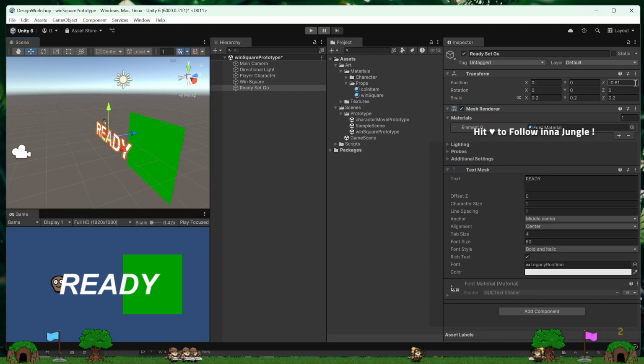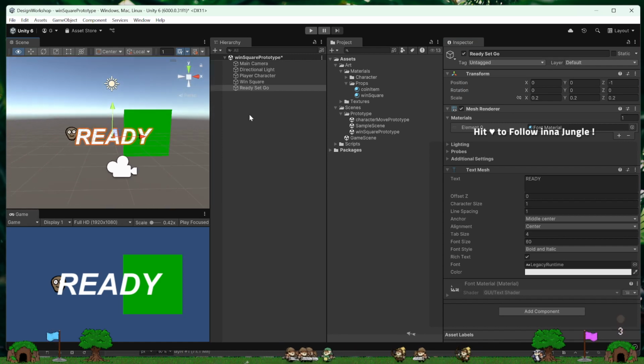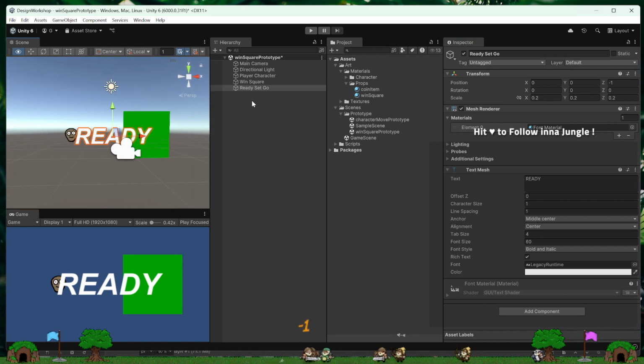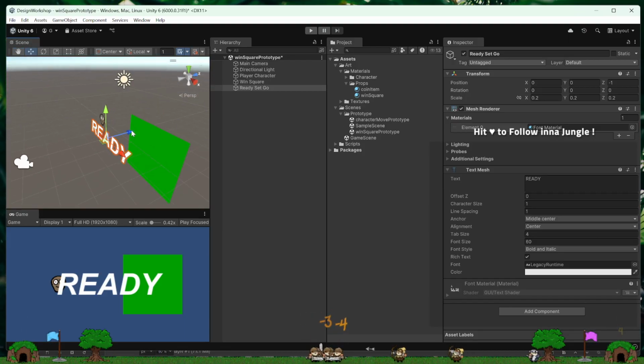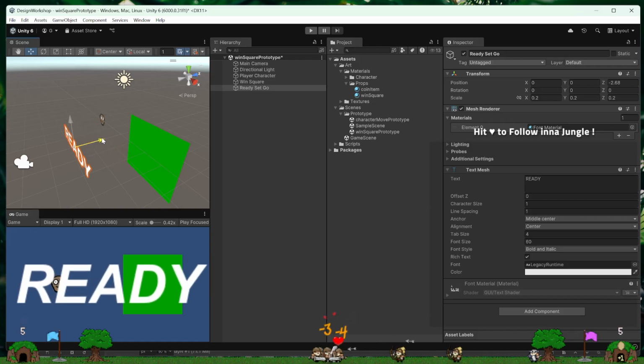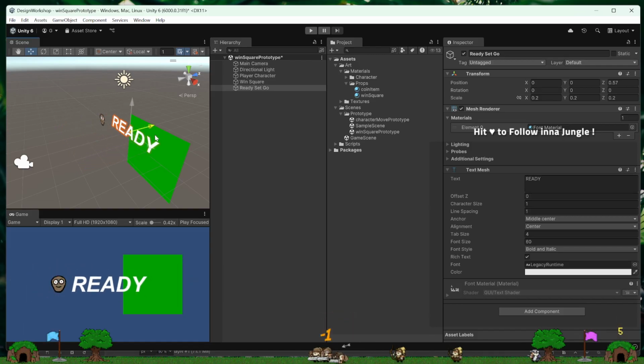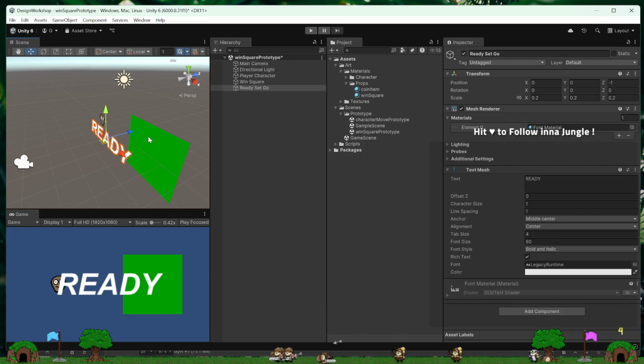At least so that, I'll say -1, I guess. At least so that if it's in front of the character, it makes a little more sense like that, yeah? Now we could do fancy things. We could absolutely have it move towards the camera when it's saying ready and fading out and all kinds of stuff, right? But I think this is okay.